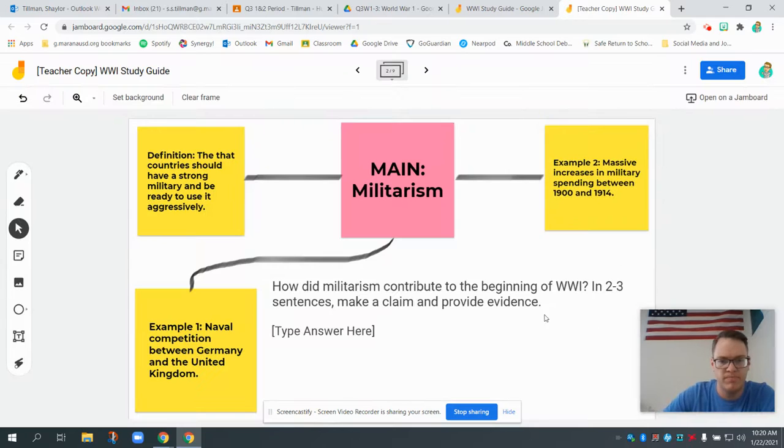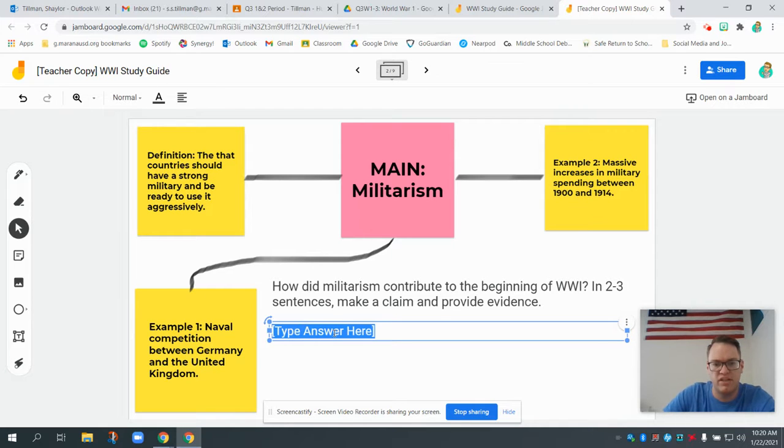And then obviously the last piece, don't just put the definition and the examples, make sure to finish it out. So this says, how did militarism contribute to the beginning of World War One? In 2 to 3 sentences, make a claim and provide evidence. Well, guess what? We've defined it and we've given 2 examples, and those examples are our evidence, which is pretty convenient. So militarism contributed to the beginning of World War One by